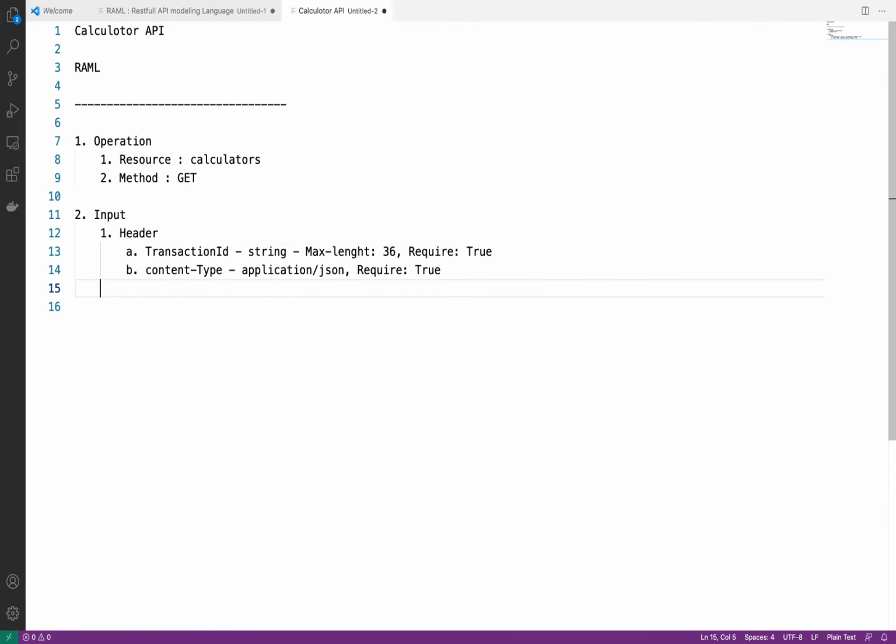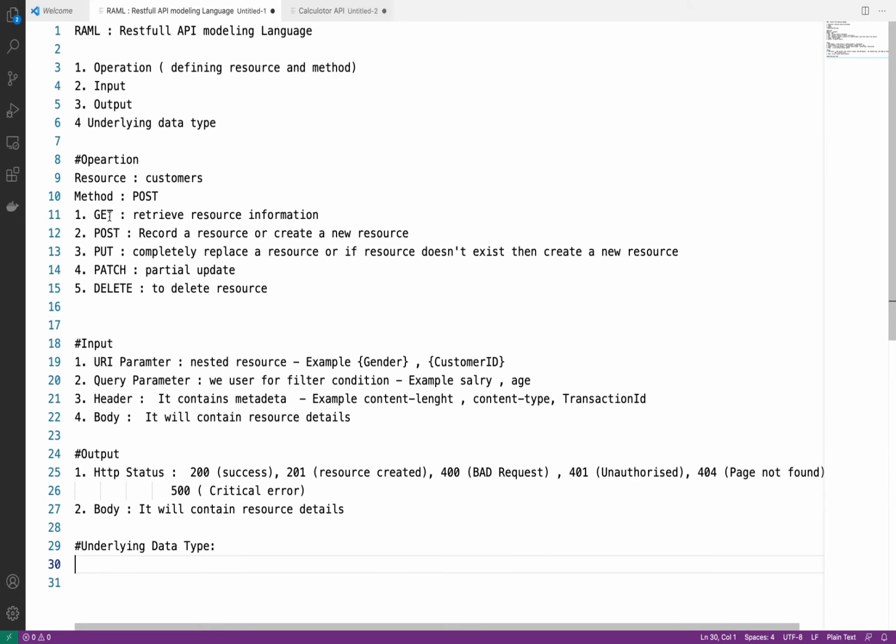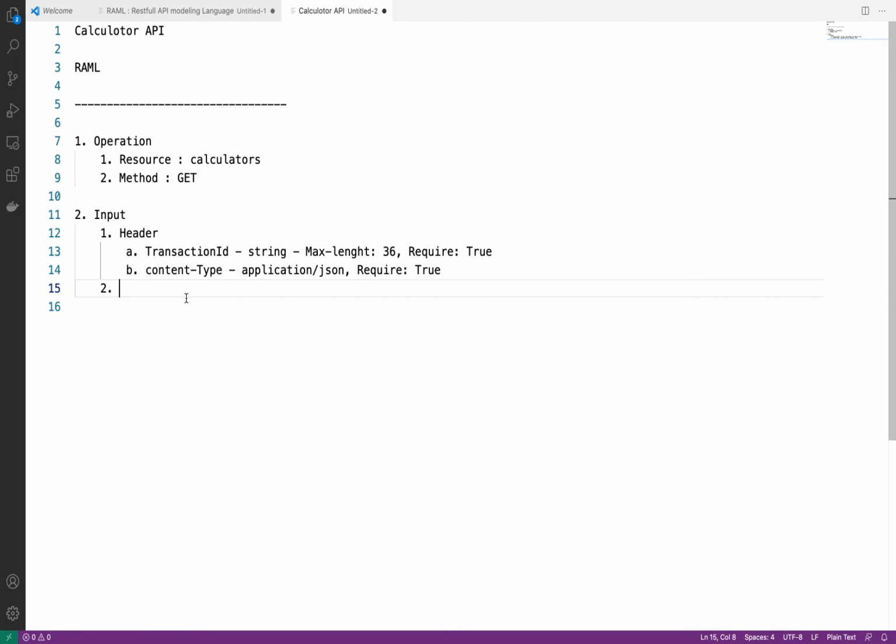Second thing, apart from the header, what all things do we have? Apart from the header we have URI parameter, body and query parameter. First let's discuss the body.